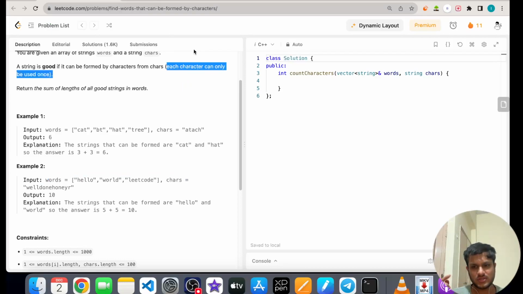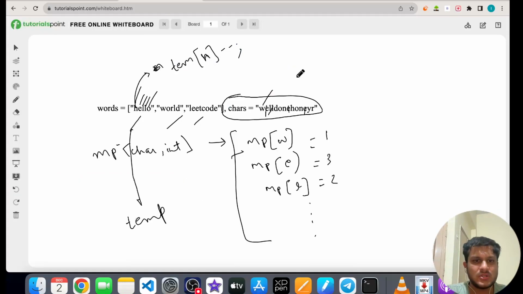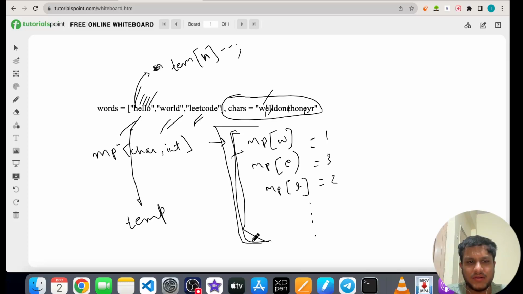So we have to keep decreasing the count. So for every string in this vector of strings, we'll create a new map that is a copy of our original map, and for each temporary map we keep making changes, and keep checking whether the character is present or not.